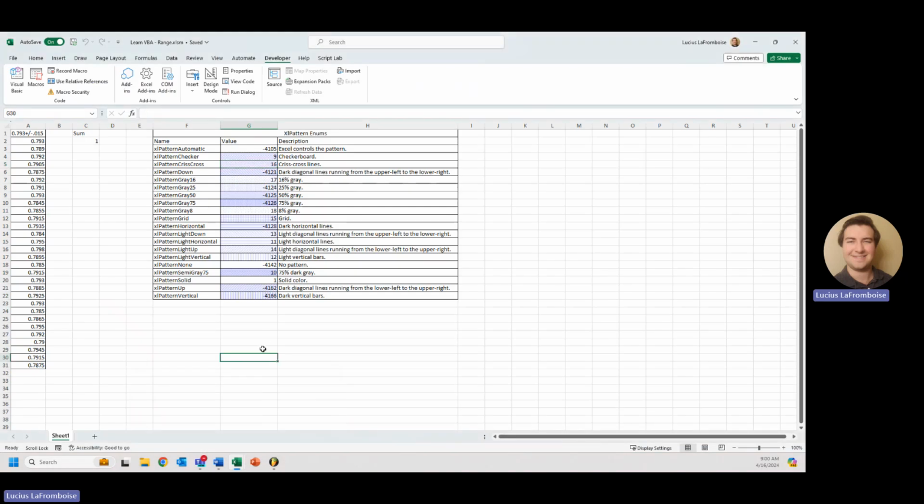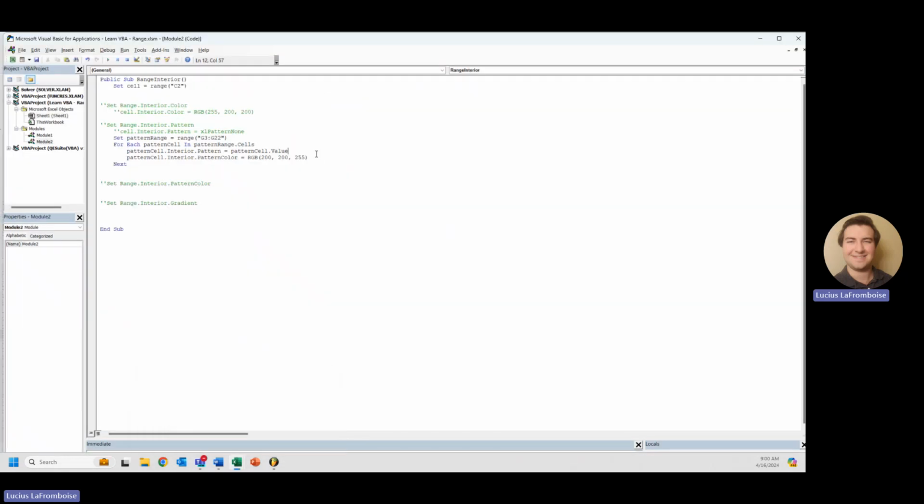And now we come back in here, and you notice, again, Excel pattern automatic, pattern none, and pattern solid still are just plain white. But you'll notice that these all have some blue in there. So that's pretty cool. But what if we don't want any white? What if we want to change the other color? Well, then we can just do